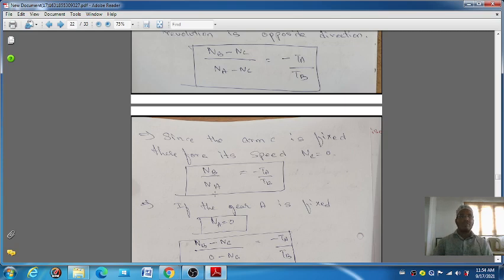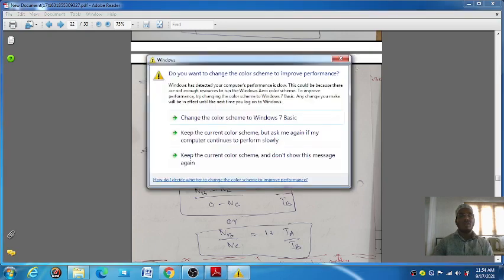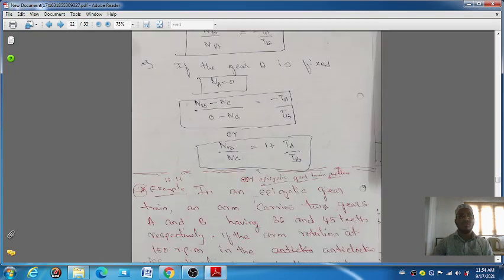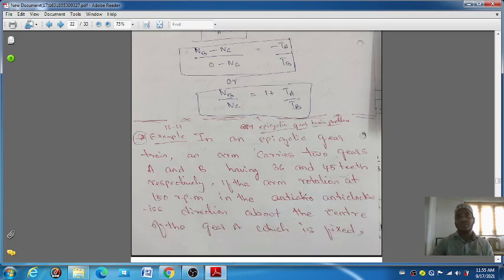If the speed of gear A is 0, then you can take this formula also: Nb by Nc is equal to 1 plus Ta by Tb, or else Nb minus Nc by minus Nc is equal to minus Ta by Tb. So these formulas we will use in the problem. This is the epicyclic gear train